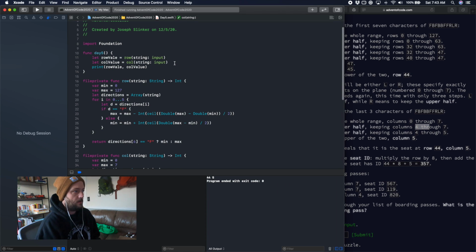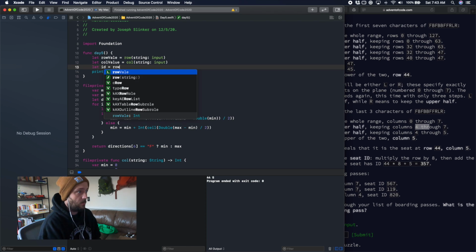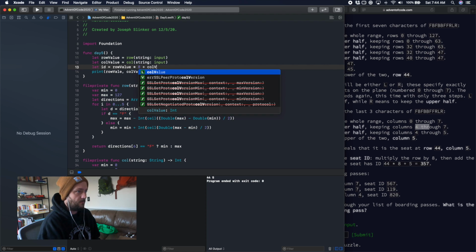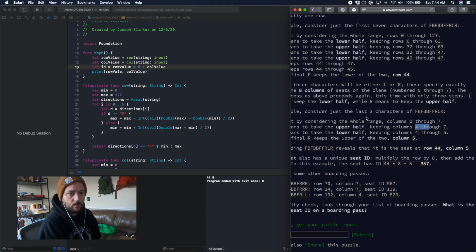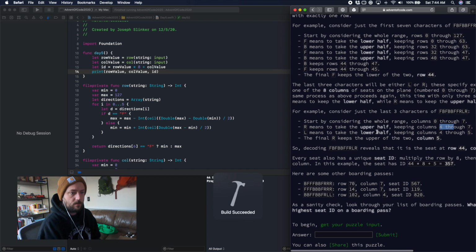So then let ID equals row value times 8 plus column value. Okay. Row value. So the end result should be 44, 5,